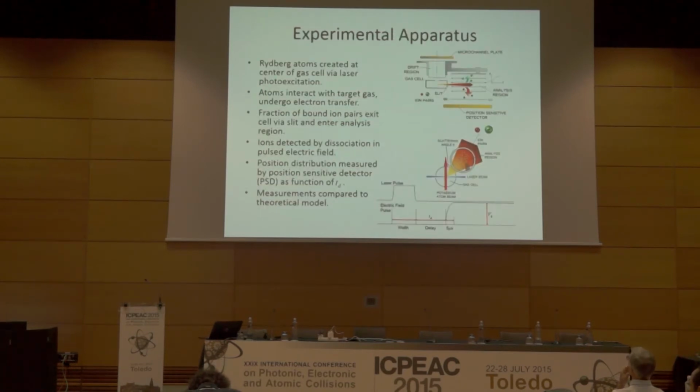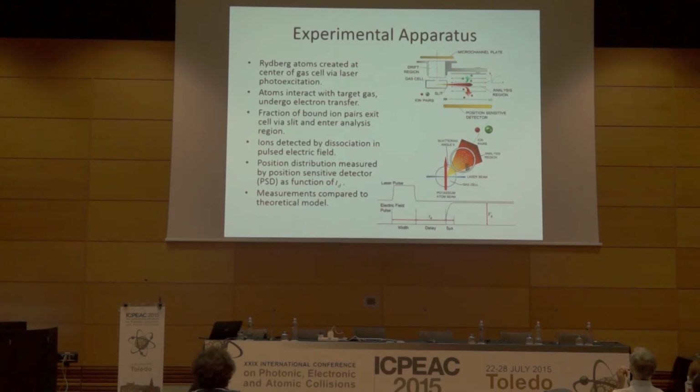So here's our apparatus. It's anisotropic, so I have a side view and a top view. To begin with, we have a beam of potassium atoms entering a gas cell where they're photoexcited to a Rydberg state by a pulsed laser. These Rydberg atoms then undergo collisional destruction by colliding with an ambient electron attaching target gas to form a bound ion pair state. Some of these bound ion pairs will have trajectories that allow them to exit the gas cell through a slit to enter an analysis region, which is basically just a bunch of concentric